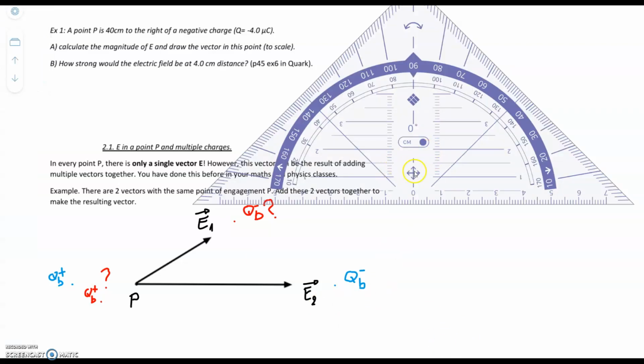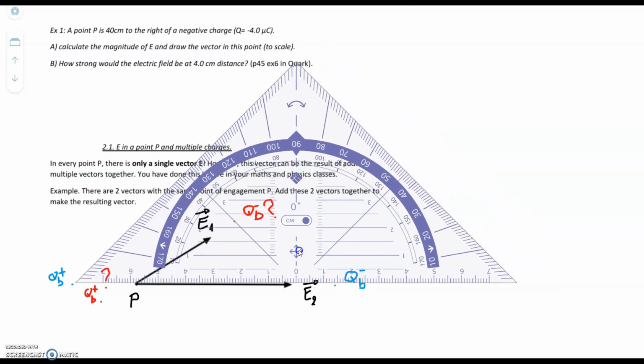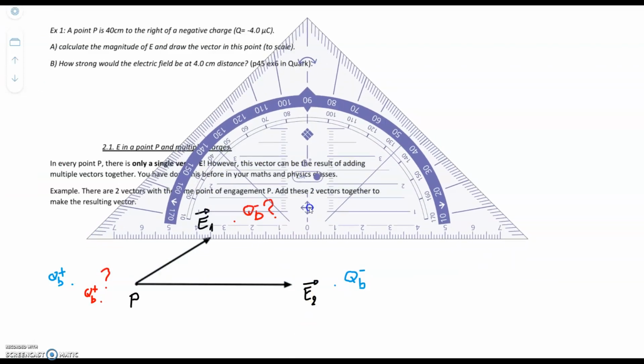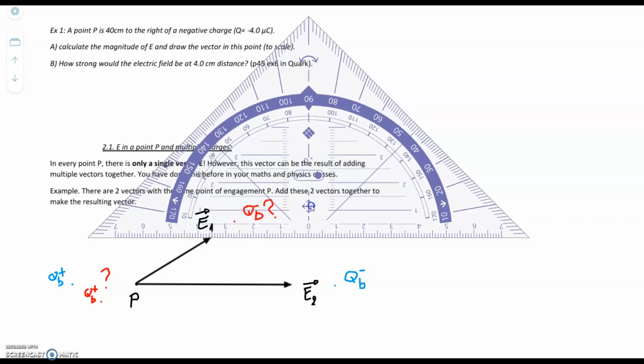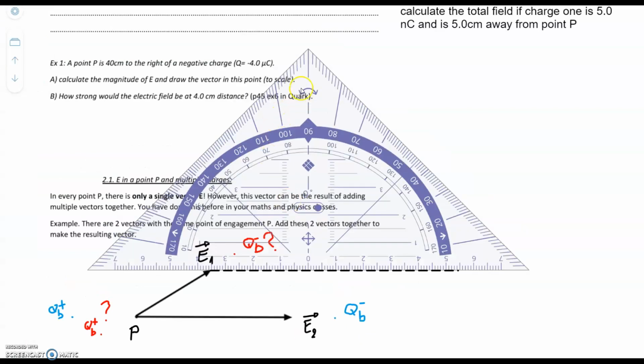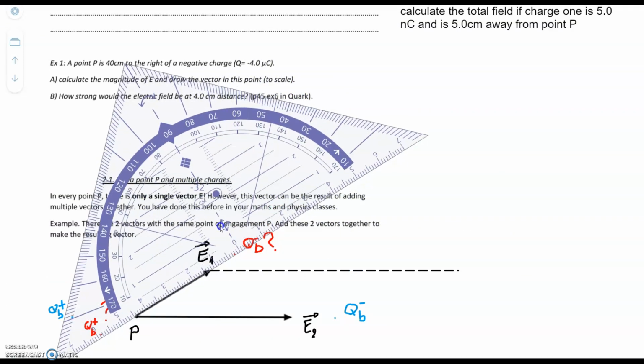Well, I first whip out my triangle here, and if you want to add these two vectors together, you start by, and I always use dotted lines to do this, making the projection, the parallel lines of each vector, like this. This is the parallel line to vector 2. If you want to do the same thing for vector 1, I draw the parallel line to vector 1,